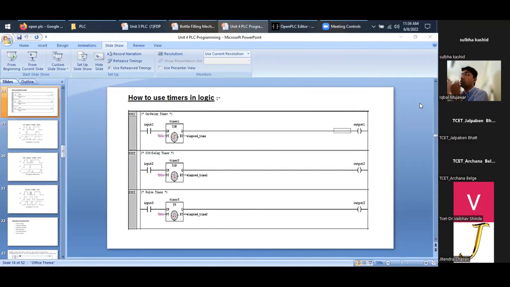Whatever symbols I explained over here: pass the logic, inverse the logic, examine on and examine off, are only for on-off digital kind of switches, 0 and 1. But for analog, different blocks are there. There we need to store that data, and based on that we execute as per our requirement. Okay, sir. Thank you, sir.